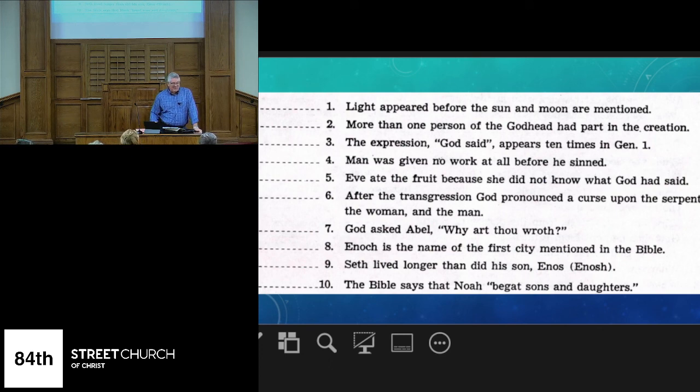I would like to have an answer for a lot of my questions, like if one of the curses was that man would work tilling the ground, and the woman would have pain in childbirth, what was it going to be like before that, as man started multiplying and became millions of people? I don't think they were all supposed to fit in the Garden of Eden. Might have been a little bit crowded in there.